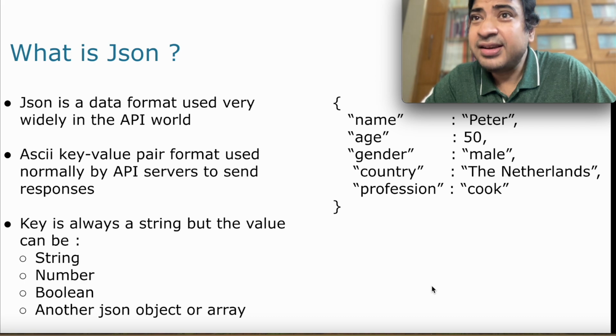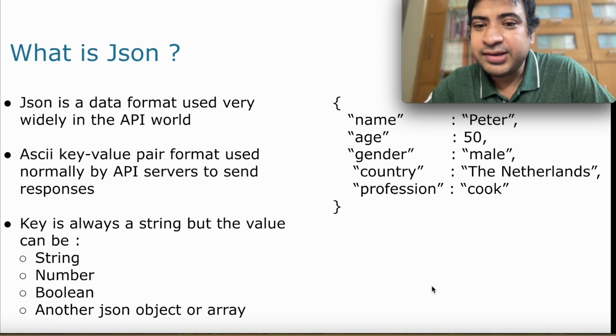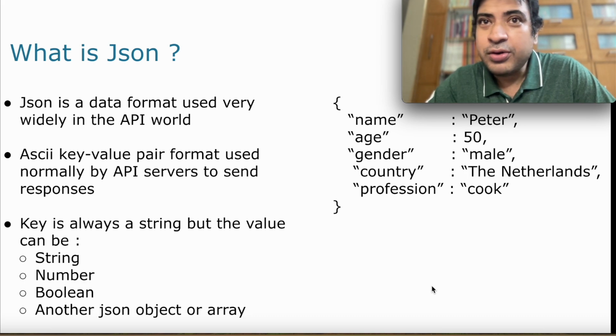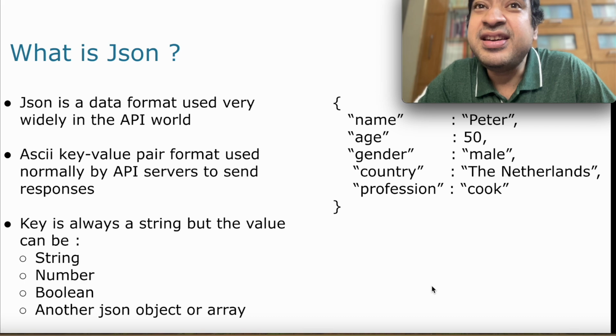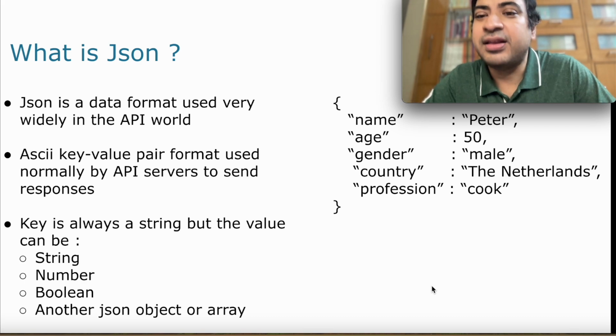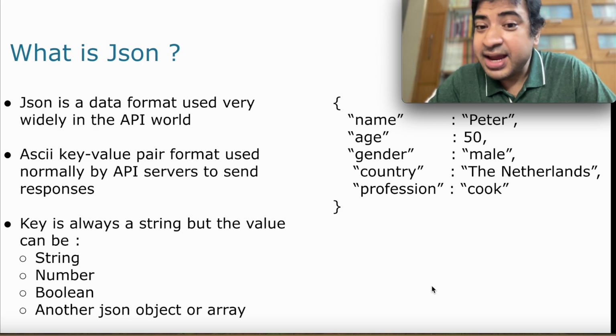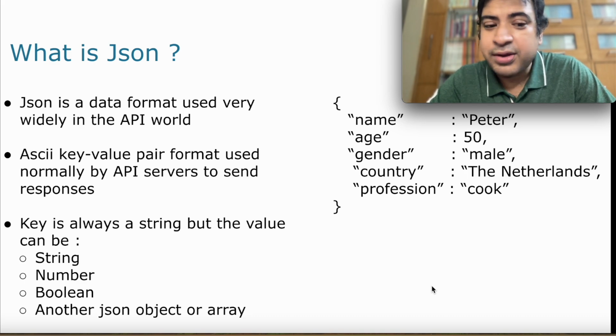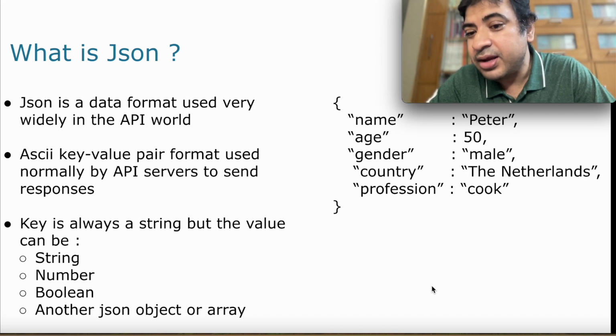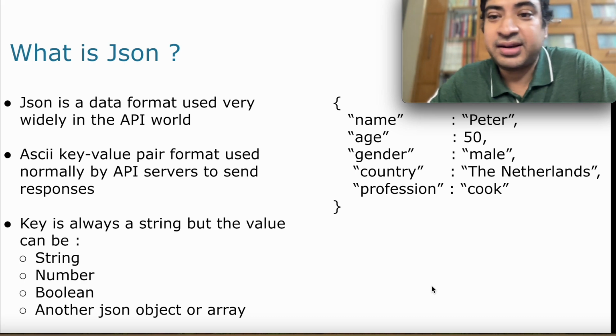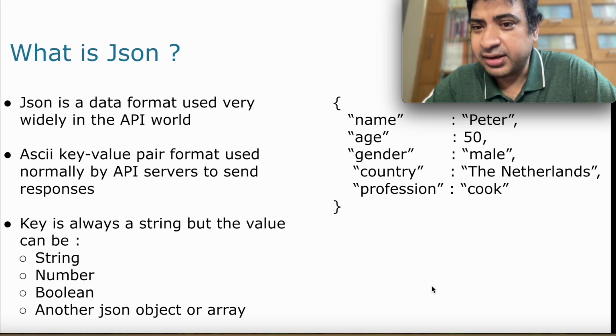So what is JSON? JSON, as I already mentioned, is a data format. It's basically like a key value pair, as you can see on the right hand side, where the key denotes some entity name and the value is basically the value of that entity. And it's of course an ASCII data format because it's text, but although being text, it is actually much lightweight, and the key is always a string, but the value can be either a string or a number or a boolean, or it can also be a nested JSON or an array, and we will see examples of such in the subsequent